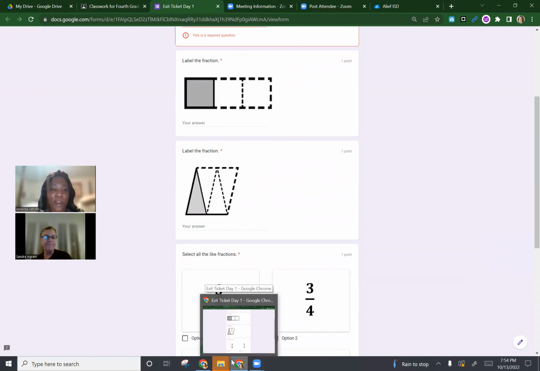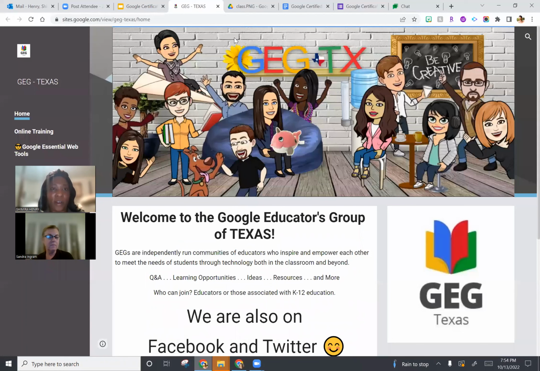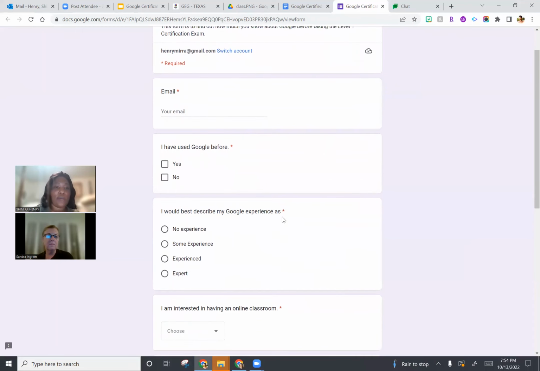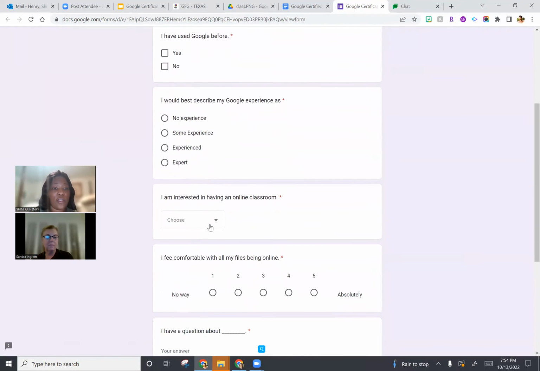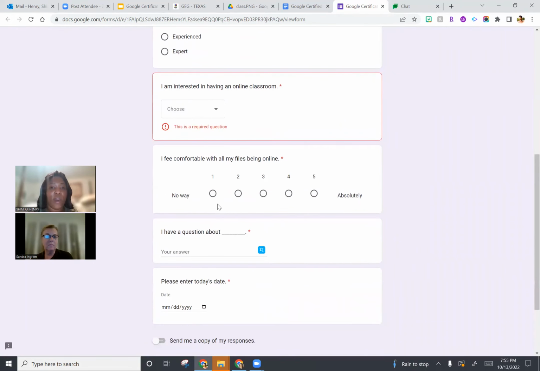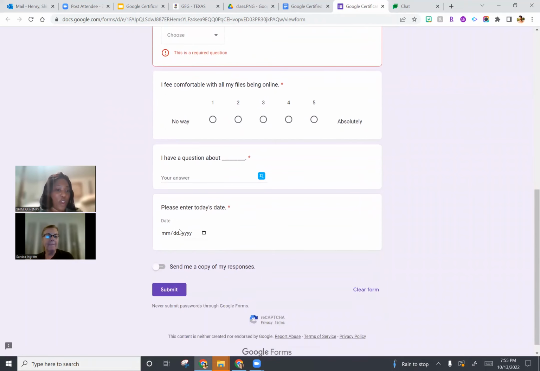I want to celebrate and elevate you for your Google form. What I loved about what you did is, since this was your first time using it, I loved how you tried different responses, such as the multiple choice and the multiple selections. You did the drop down menu, as well as a scale from 1 to 5. And you even typed in trying for them to input the date. That was really good of you to attempt and try. And I'm glad that you did, so you can become familiar with it.